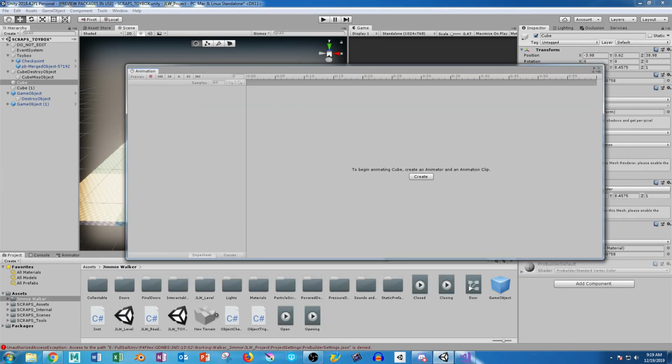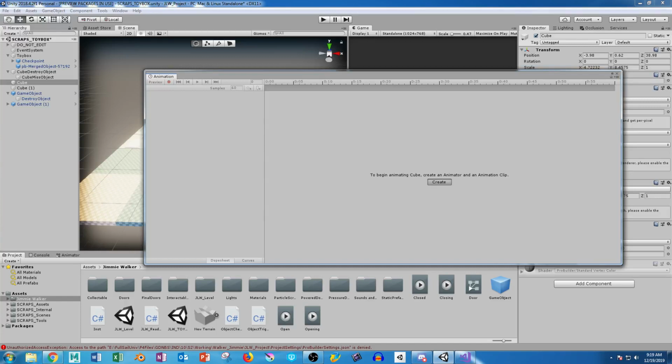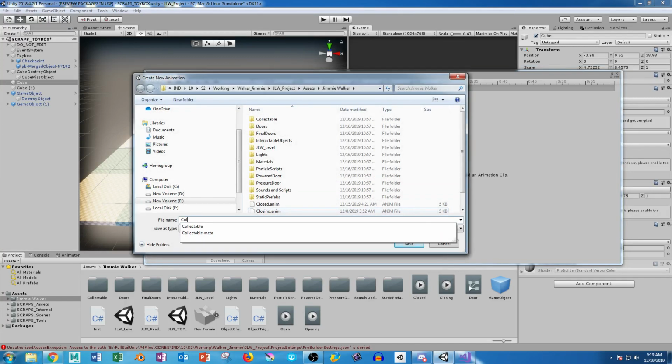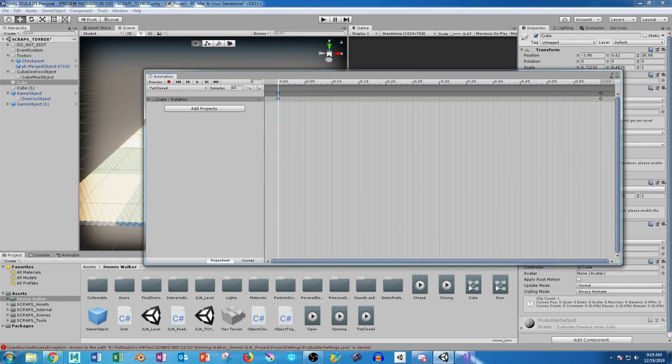With that door selected, make sure the door or whatever object you're animating is selected before you do this. But once it's selected, just click on Create. And this is going to be an idle state of closed. We already have it closed, so I'm going to say tut closed, which is tutorial closed, so you can see what's going on. We're going to add the rotation property to this, and I'm just going to select this, Control